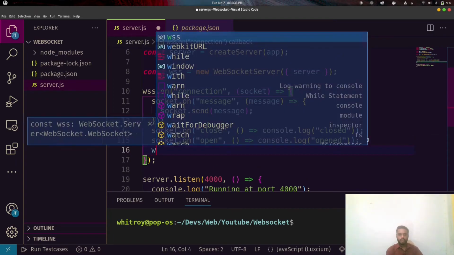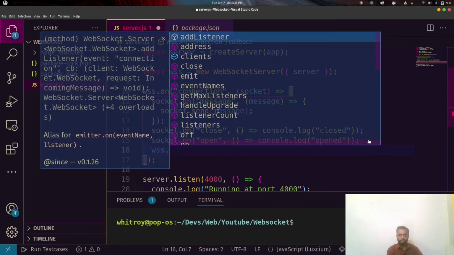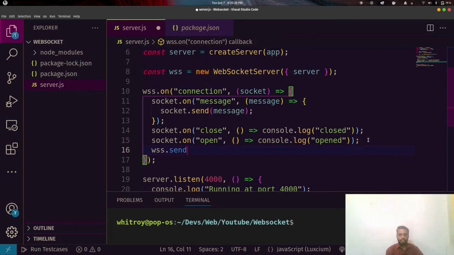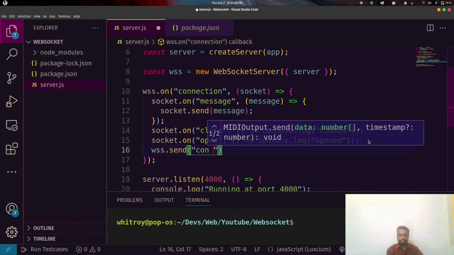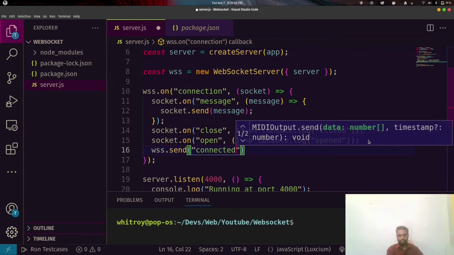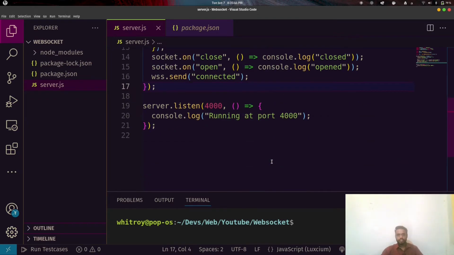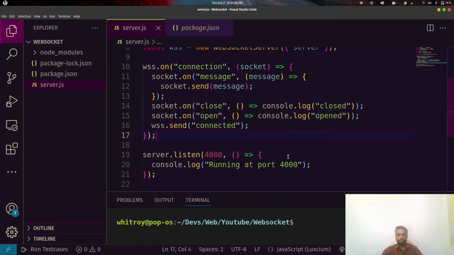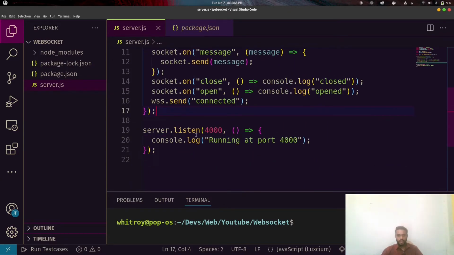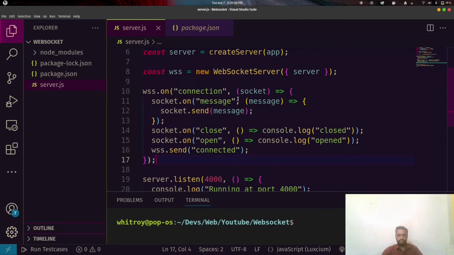And when the client connects to our server, we will just send them a message saying connected. Okay, this is how we have created our WebSocket server and registered some events: message, close, open. Now let's start our server with npm run dev